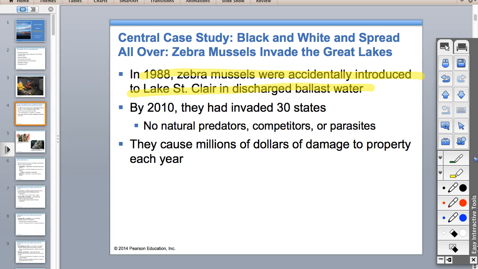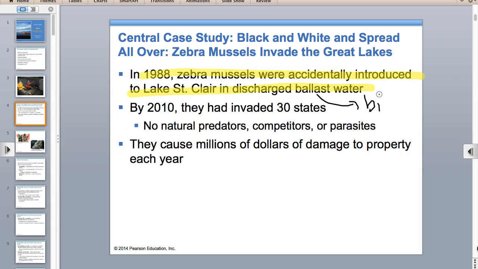And then when they get to port, they'll discharge that ballast water. And so those little zebra mussels that were coated inside that pipe hitched a ride all the way from Europe. Now they're an invasive species in the Great Lakes and throughout the Mississippi Basin, Ohio River, all of this, okay? Sometimes that's called ballast water; sometimes the AP people will call it bilge water. They will ask you about this. I promise. I've been there. I've seen it. That ends up carrying these aquatic invasive species across the ocean.